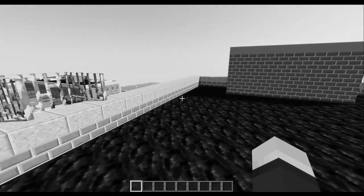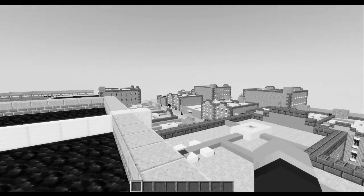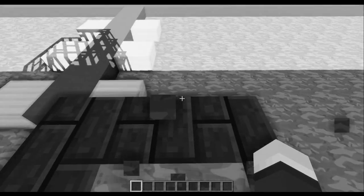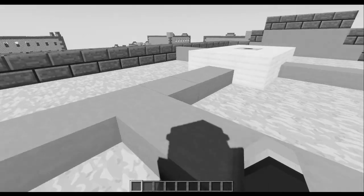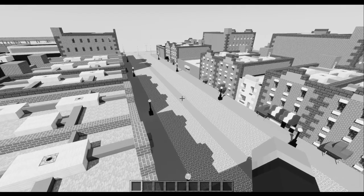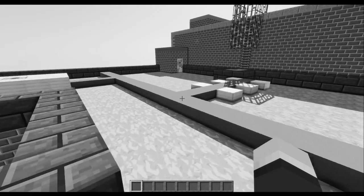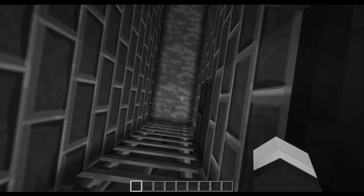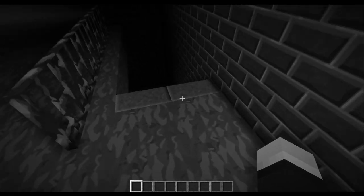So let's take a look over here. So yeah, nice view of just everything around here. So I like this spot because you can see the tops of the other buildings. So there's also a roof connection to this building. There's just a ladder connecting it, and some electrical work connecting over there. And on this building, of course, you can see down Smithtown Road, and you can see to the water over there. So let's go down this building, and let's go have a look at what has taken place at Vinny's